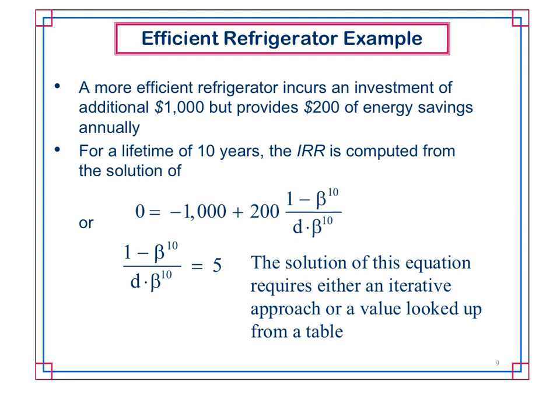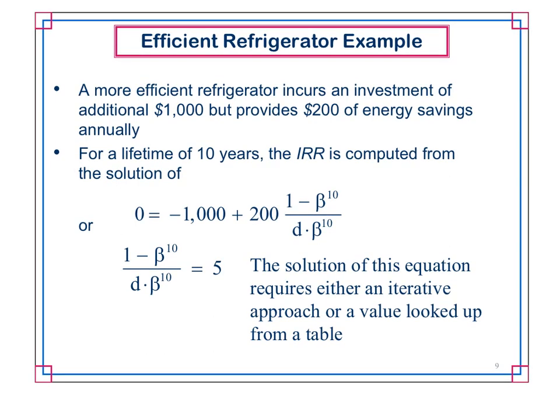If you have a lifetime of 10 years, that's how long the refrigerator is expected to last, which is pretty close to what most appliances are, in the 5 to 10 year period, if you ask the major manufacturers what typical appliance life expectancies are. I don't think anybody wants anything to last more than 10 years. And if you look at the technology, you can see why, because it changes so quickly. But about 10 years. So this calculation becomes 1,000